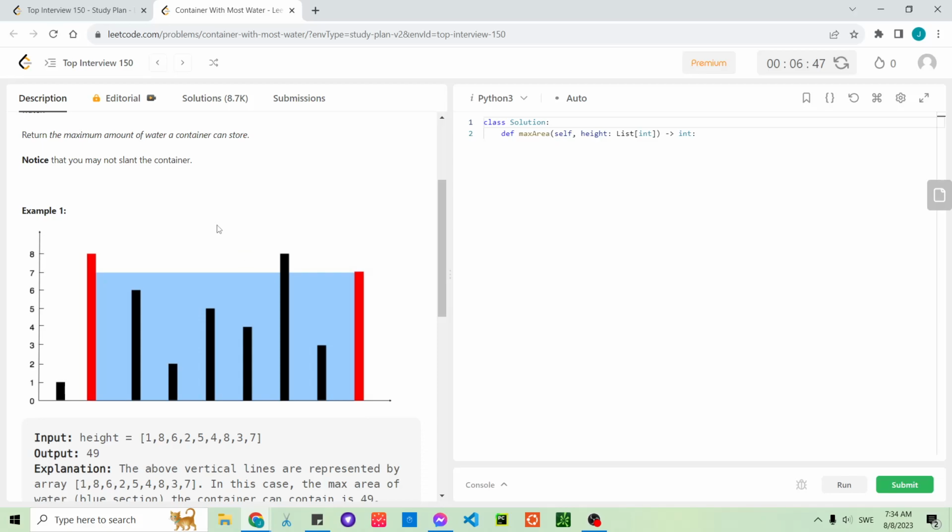That's the only chance of getting more water, because when we're going towards the middle, the x-axis difference is already shrinking. If the height is also going downward, then there's no chance we will get more water. So the only chance it will get more water is if the height is growing. So if we had higher in between,